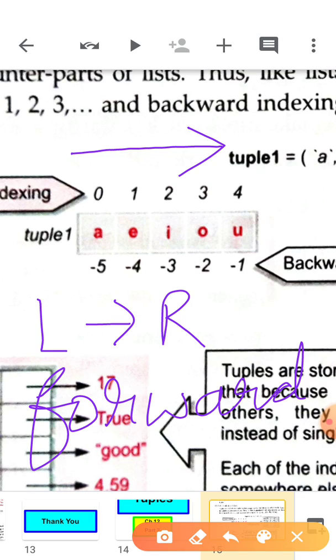But when you move in this direction, right to left, it is called backward indexing.